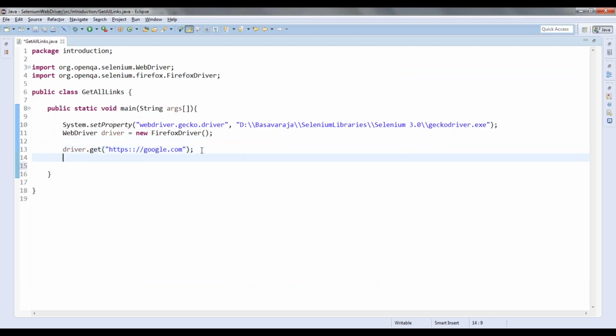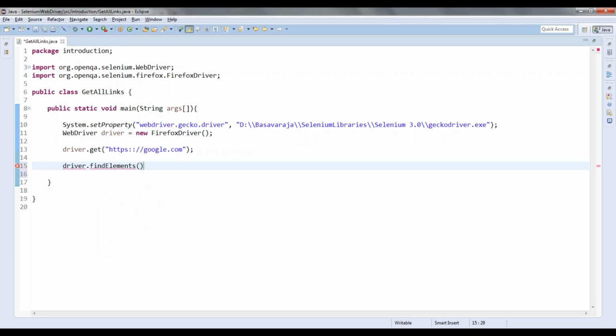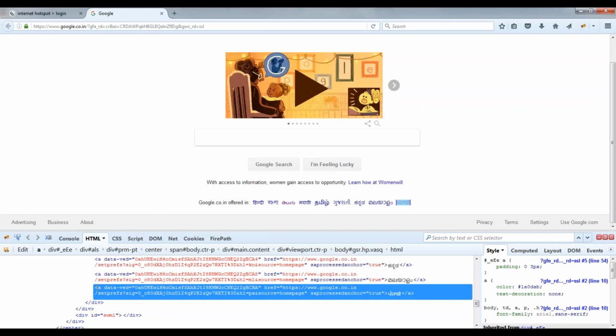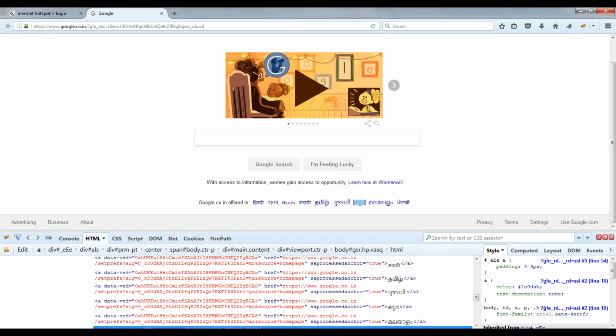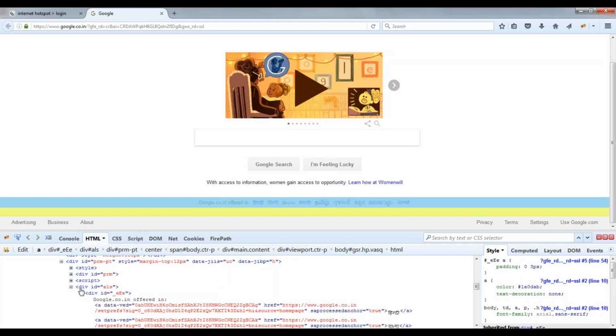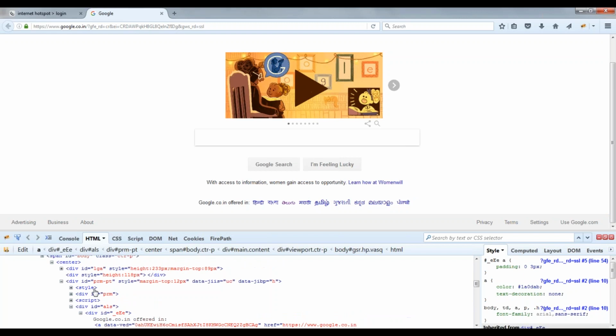To get that, I have to write driver dot find elements, by dot tag name. This tag name is nothing but the HTML tag name. It is not only about the links. If you want to get all the divs, what all div elements are there, or if you want to get all the scripts, you can do anything.